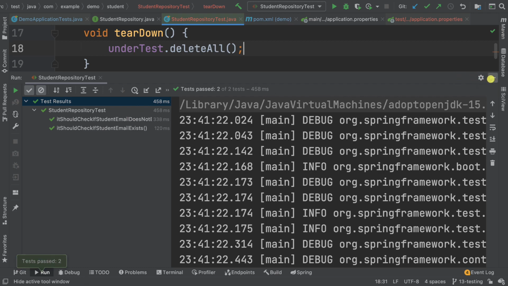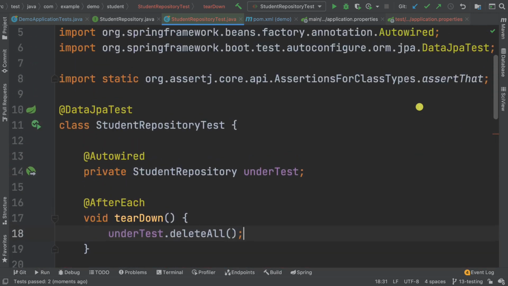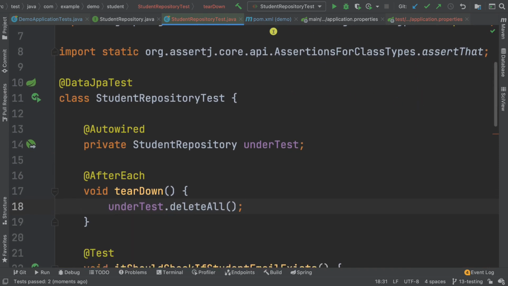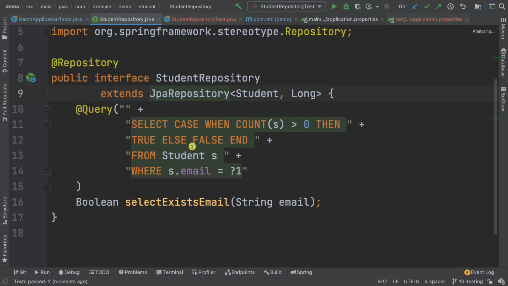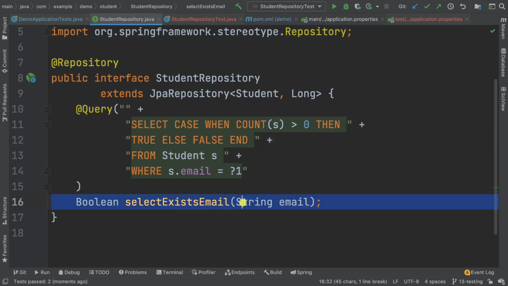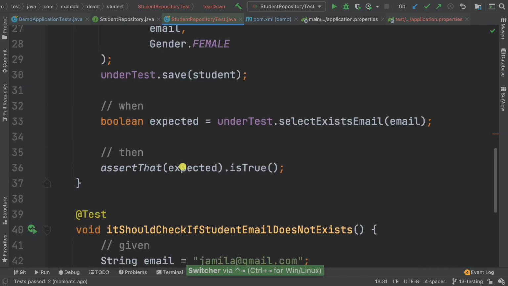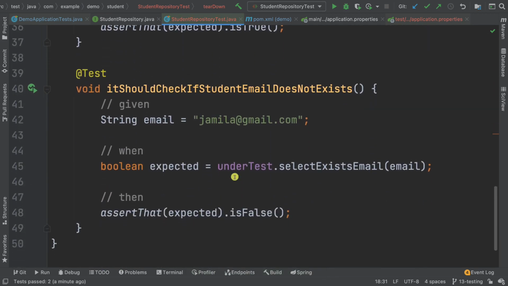So this is really cool. Now, one thing that I want to mention is that the only reason why we are testing this student repository is because we have this method and this is our own custom method. So we wrote this SQL query, and it's important for us to test that our queries indeed work. But you see that, if I go back in here, if I basically put my mouse anywhere,